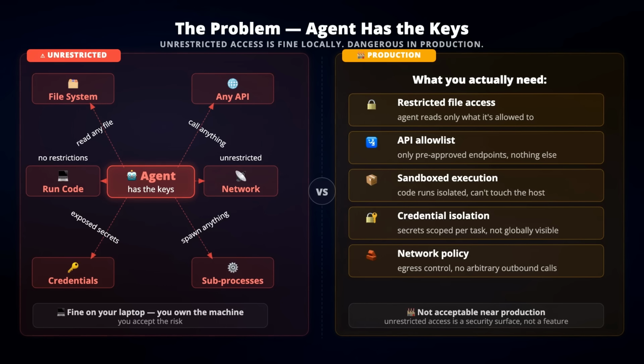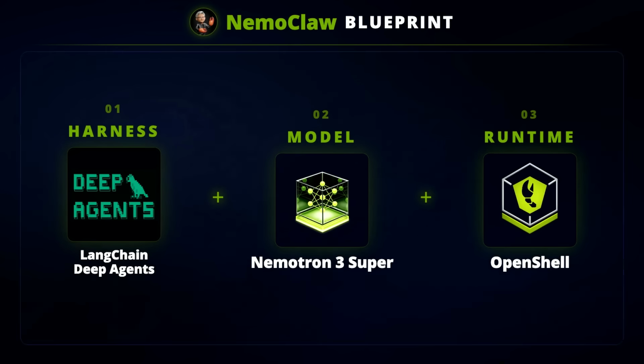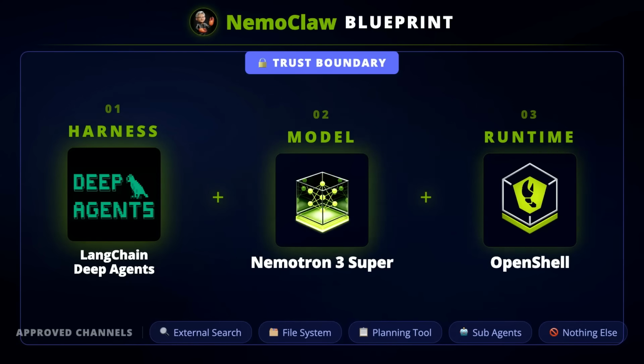It's really not fine, though, if you're trying to put this anywhere near production or lock it down to make it a lot safer. So what we're going to build is a deep agent inside a NemoClaw blueprint. The harness is Deep Agents. The model is Nemotron. And the runtime that we're using is OpenShell, which means that the agent still gets to